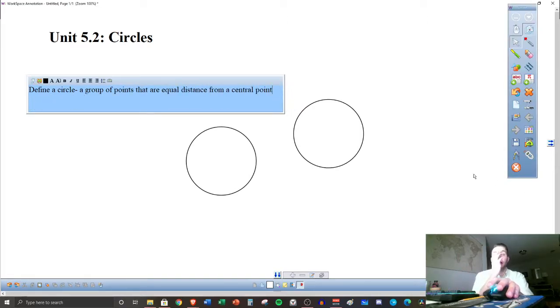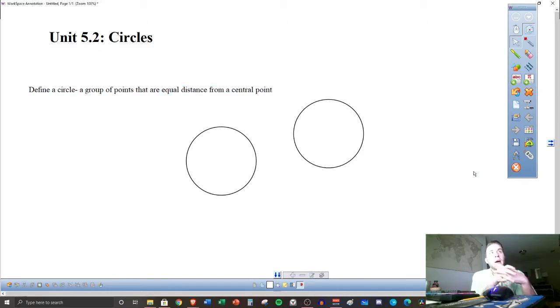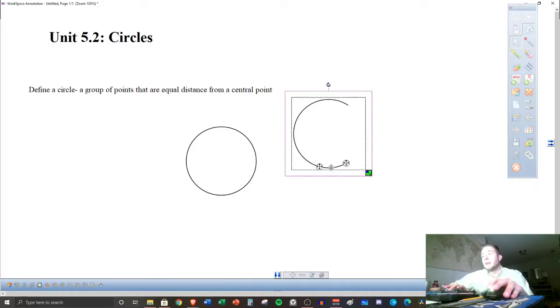Now, a lot of you may have thought, oh, well, what about 360 degrees? What about, it looks round, right? We don't need those definitions for this. That is not something that we need, even though it is, in fact, round,